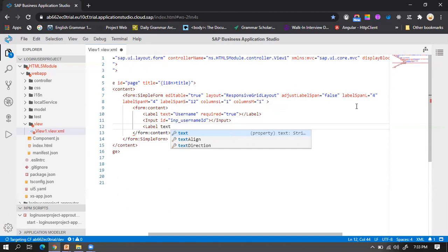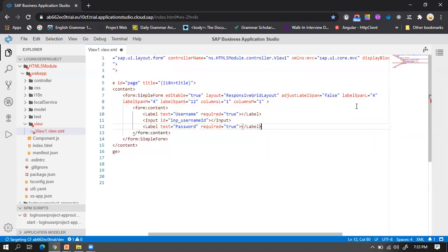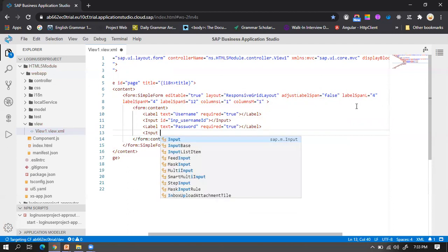So let's add the label for password. Keep it as required, and I'll add the input field for the password.